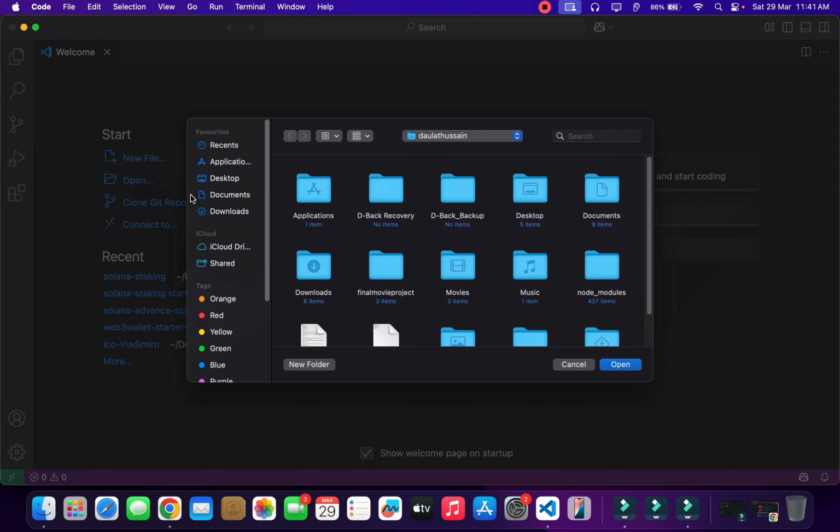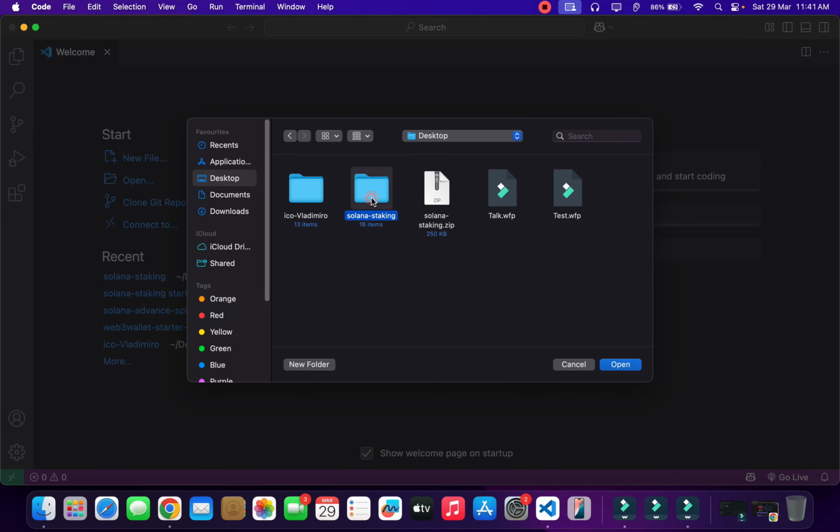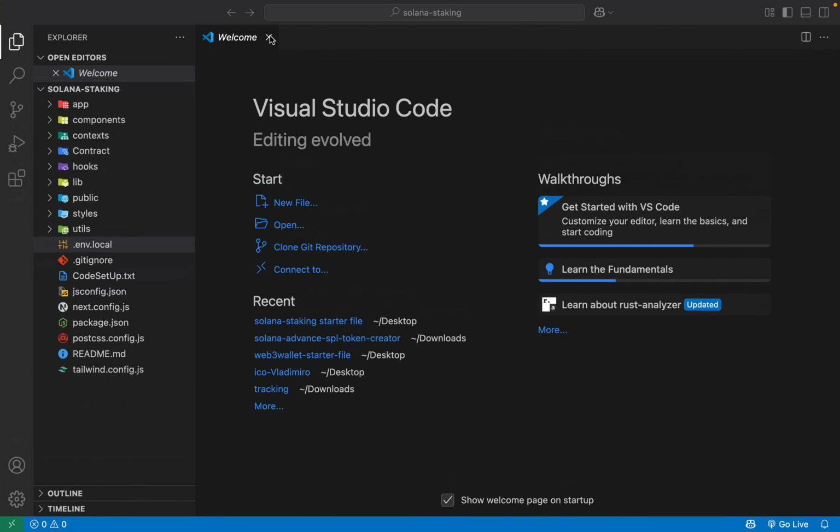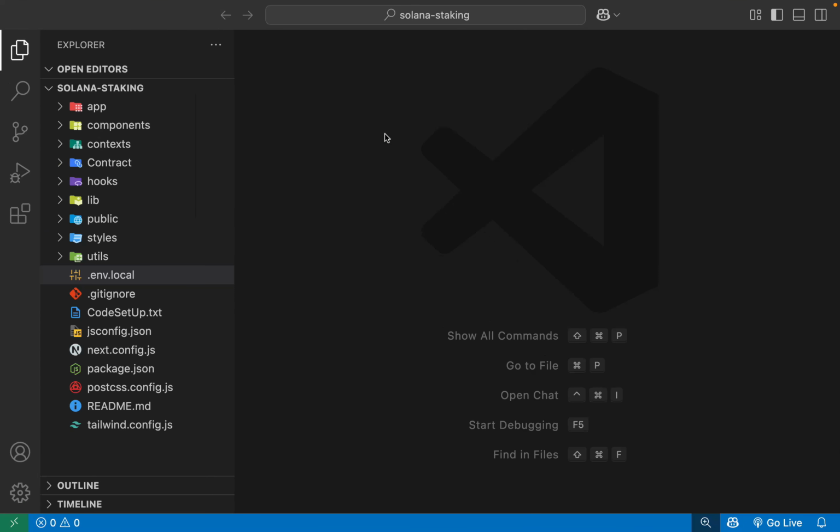So click on VS Code and go to open. The final code is on the desktop, so I'll simply select this one and drag and drop it here. Close this one. Let's make it big screen, and let me zoom in a little bit. Now let me give you a complete walkthrough of the folder infrastructure we have included and how we have designed